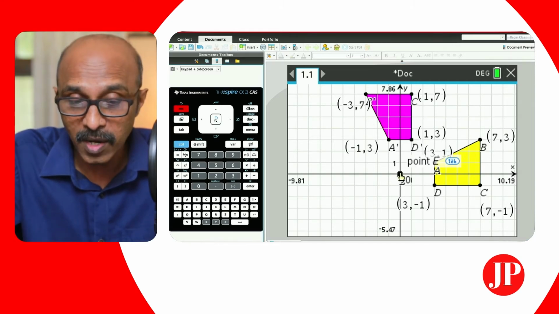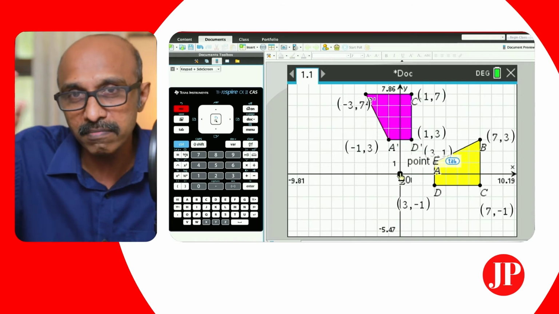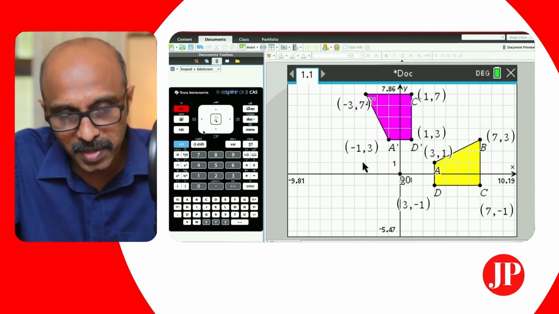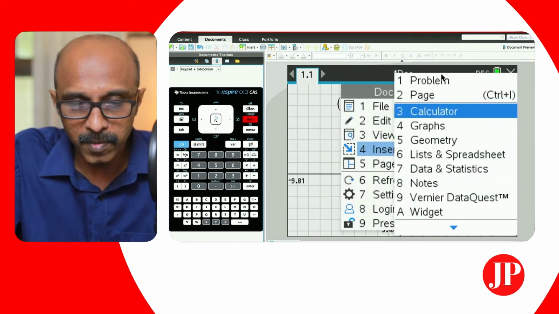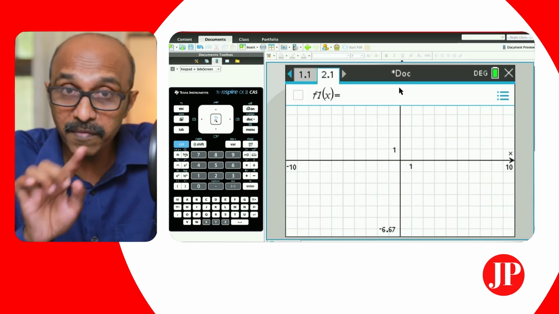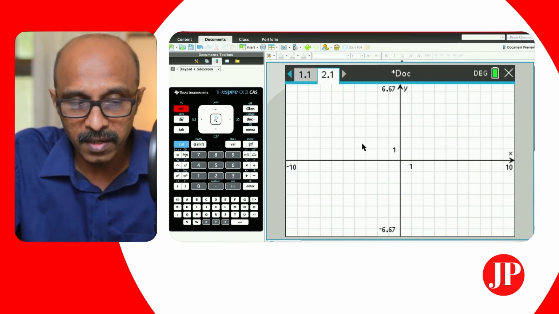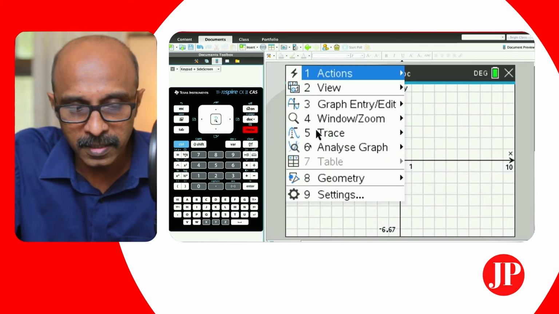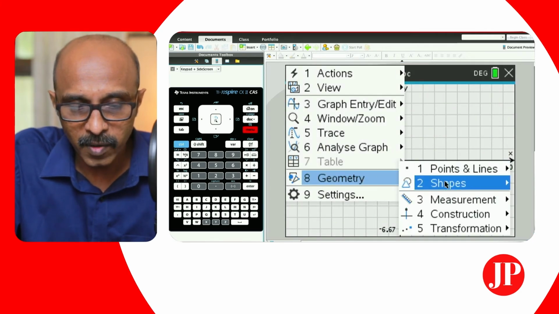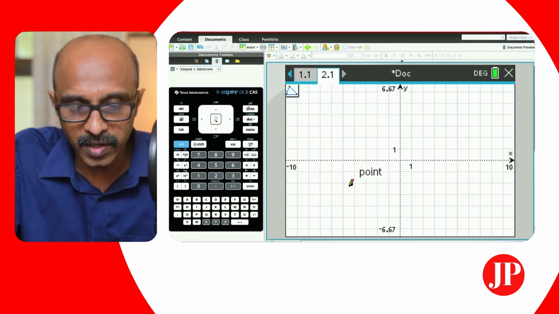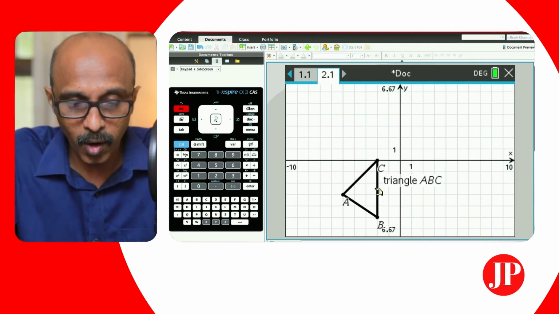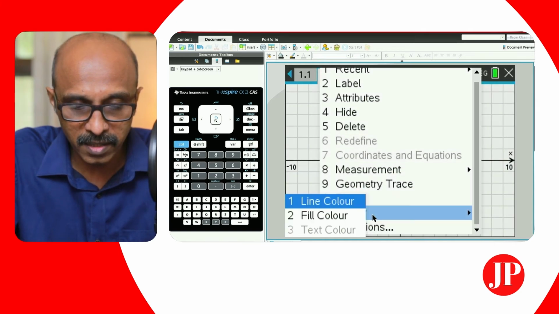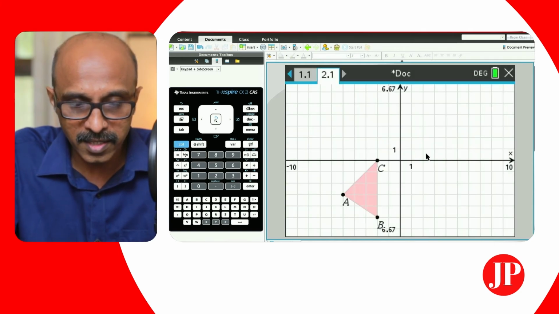Now let's demonstrate this again with a different object and a different center, and maybe this time clockwise, okay? So with a negative, all right? So let me add a new problem to demonstrate this again. Insert a new problem, and again a graph page. Again, we don't want the entry line, so that goes off. And let's just enter, shall we say, a triangle? We already saw a polygon, so let's go ahead and say a triangle, and let me just make up some triangle. Here we go, this triangle A, B, and let's say the point C is on the axis. That's the object, and I'm going to fill it with the color red. Okay, this time red color.